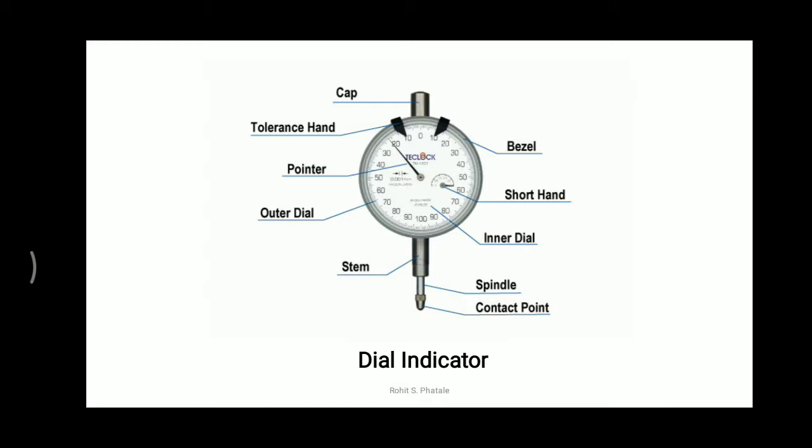Generally comparators are employed in order to compare dimensions. You will be given the standard dimensions and you will have to calculate the actual dimensions of the workpiece. So this is a very simple, mechanical type of comparator. With the help of this, one can easily find the readings, or how the surface finish of the product is.